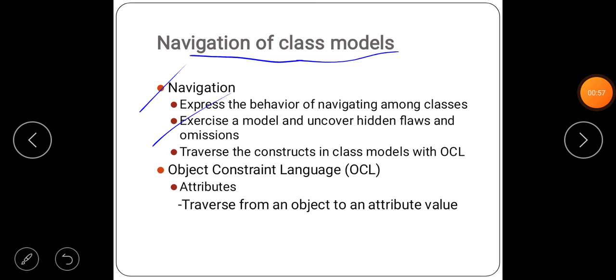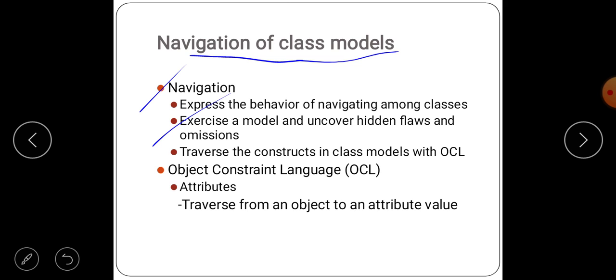Next, it exercises the model and uncovers the hidden flaws and omissions. It uncovers the hidden flaws, so the hiddenness is removed and omissions are overcome.